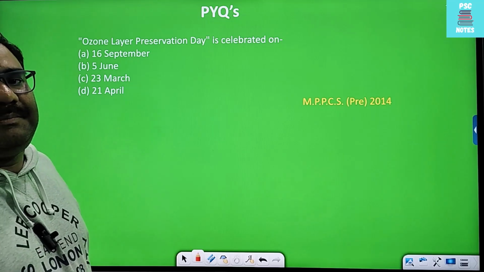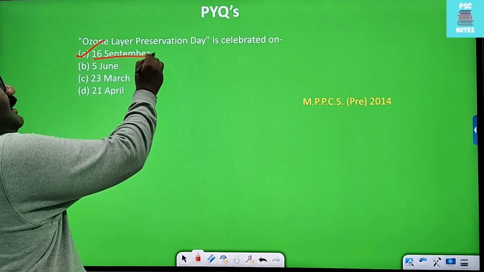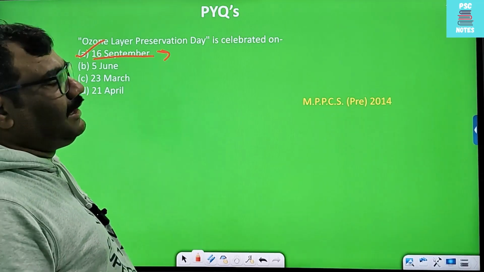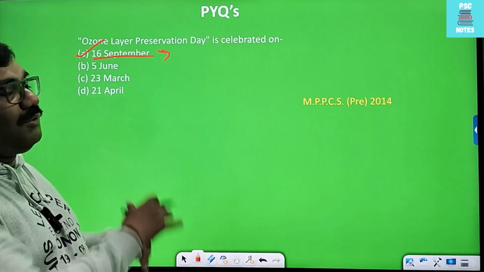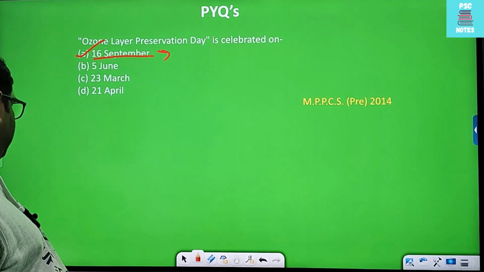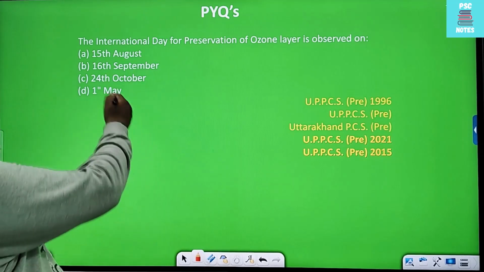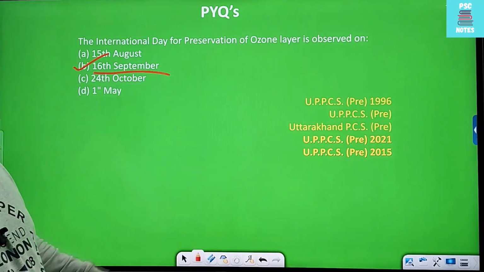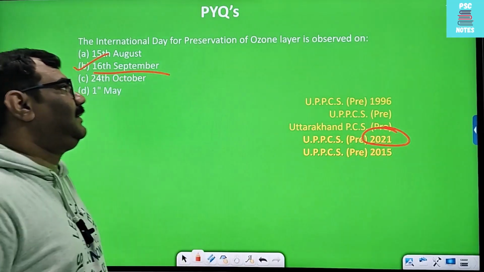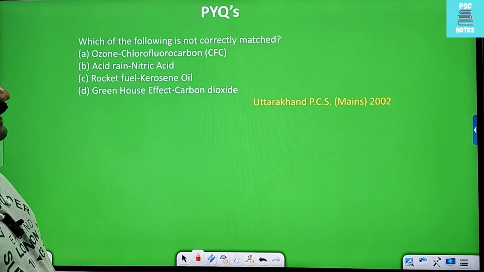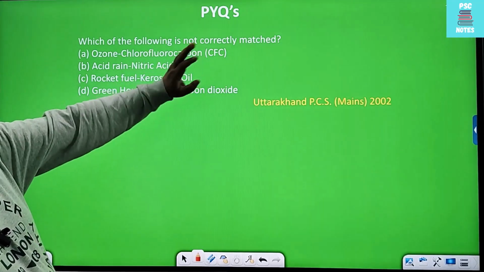तो नाउ कमिंग टू नेक्स्ट क्वेश्चन, which is ozone layer preservation day is celebrated on 16 September, ठीक है। क्यों? क्योंकि in the year 1987 on 16 September Montreal Protocol was signed. Now International Day for Preservation of Ozone is observed on 16 September, ठीक है। देखिए कंटिन्यूस पूछा जा रहा है, लेटेस्ट 2021 में, ठीक है। तो याद रखिए 16 सितंबर और 1987 को।